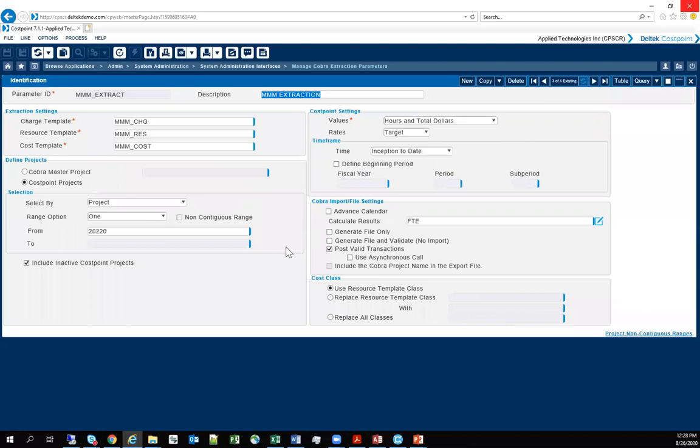The extraction parameters is the one where it really brings it all together. So I have my various templates here, some options over here that tell Cobra how to calculate the file. It knows that it's got inception to date data rather than maybe just period or sub-period data. If I just wanted to generate the CSV file, I would check this generate file only, but I'm gonna go for broke